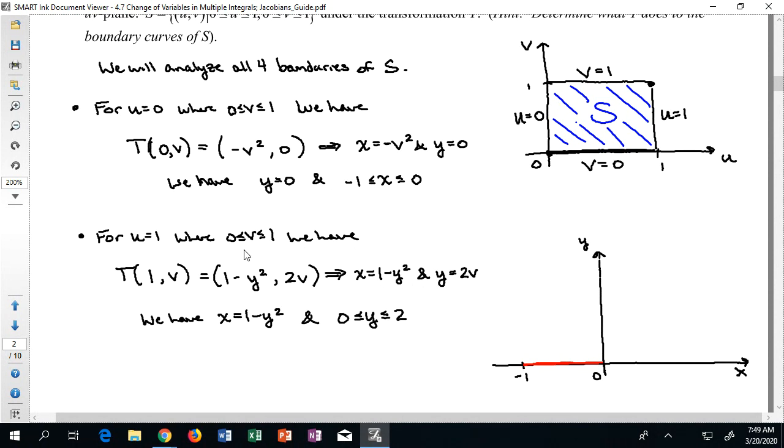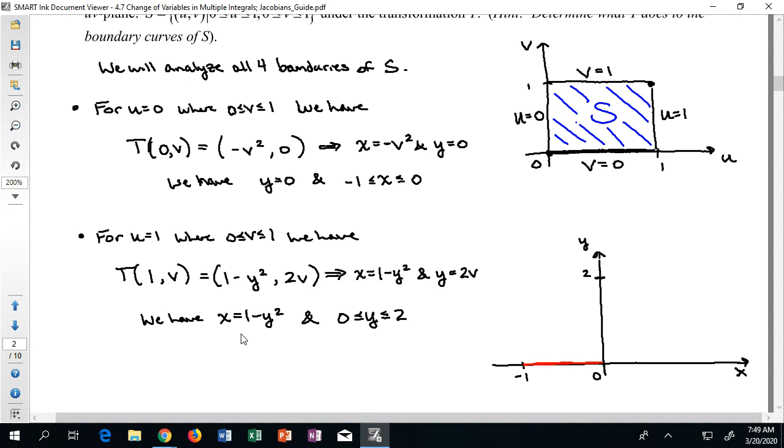So I'm going to quickly note on my y-axis here, let's say this is the value of 2. That's the highest y can get. And so from 0 to 2 on my y-axis, I'm going to have to construct and build this picture. So I'm curious, what does x equals 1 minus y squared look like? Well, that's not actually too surprising. That should, oh,